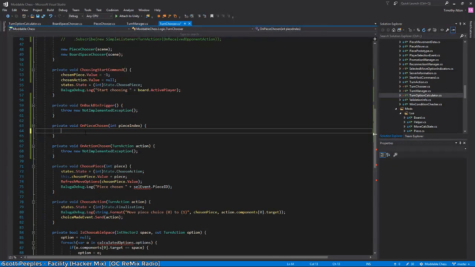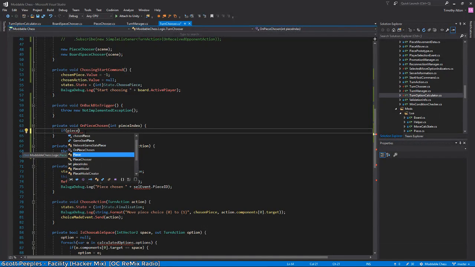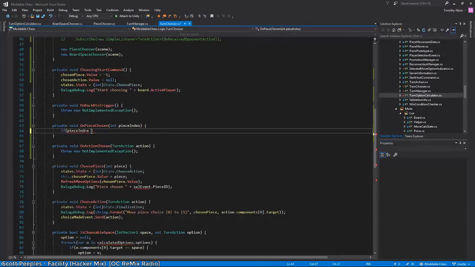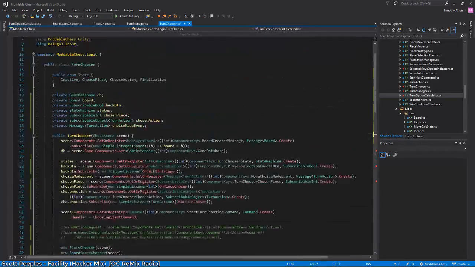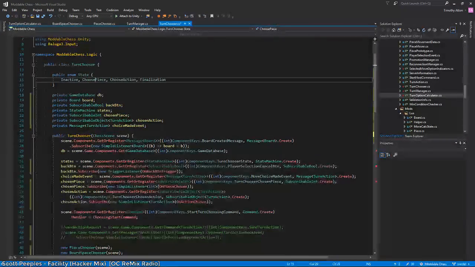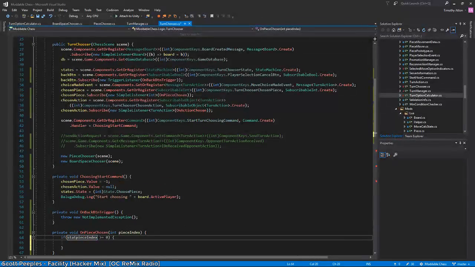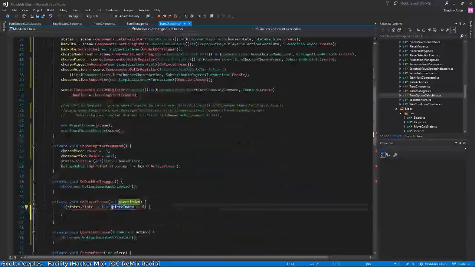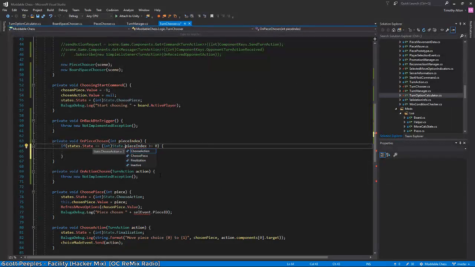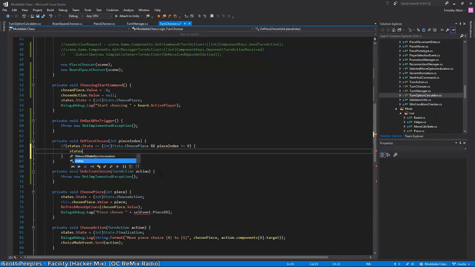Okay, so if piece index is greater than or equal to 0, I guess we should also make sure that we're in the right state. State equals int. What is it? Choose piece. Okay, so in this case, all we do is set the next state